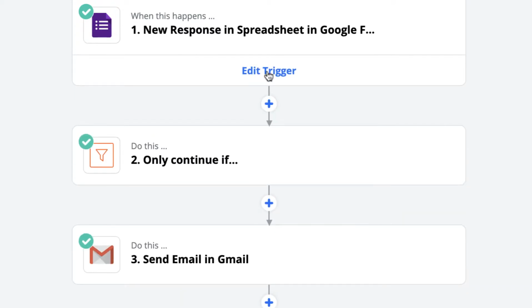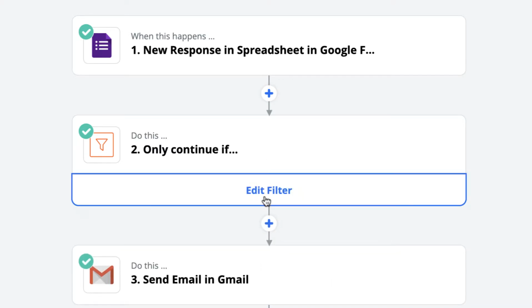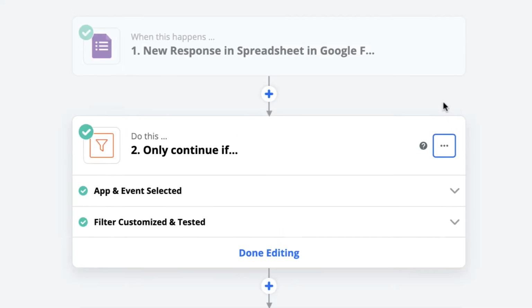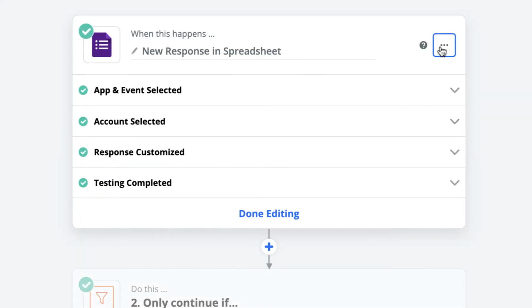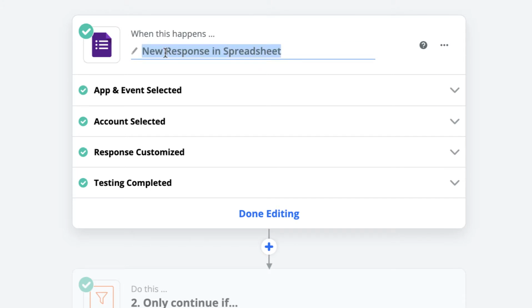So we have the first action that's here, and then the second action, which is send that email. So we'll delete this for now. On the right-hand side, you can see here, under each of these triggers or actions, you've got 3 dots for more choices. In this case, it's very powerful to use for rename. So we have this here, new response in Google spreadsheet in Google Forms. So we can rename that, and we probably want to just say new client in Google Forms,